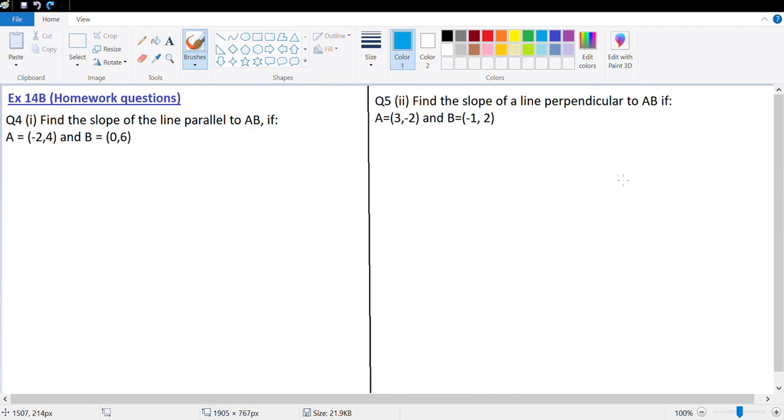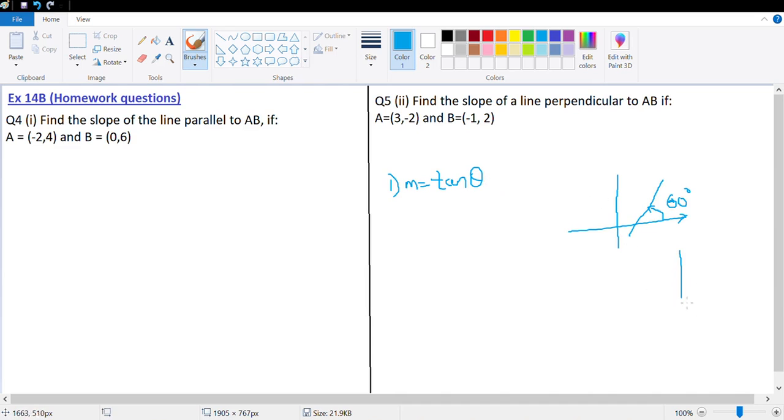the slope of a line is given by the formula slope is equal to tan theta. Now theta is the positive angle that it makes in the anti-clockwise direction with the x-axis. This is basically an acute angle, the angle which it makes with the positive direction anti-clockwise with the x-axis. So in this case, let's say theta is 60 degrees. Then the slope will be tan of 60 degrees.